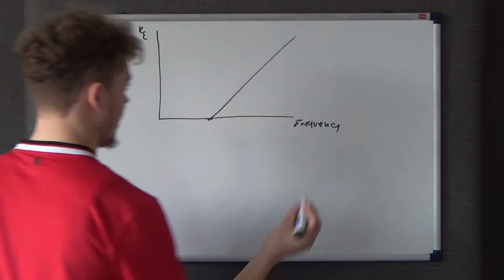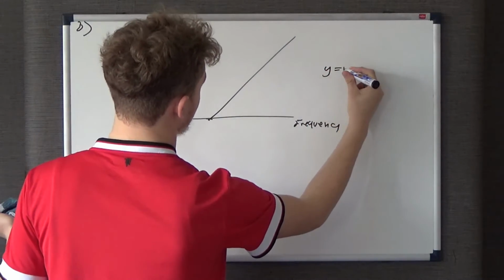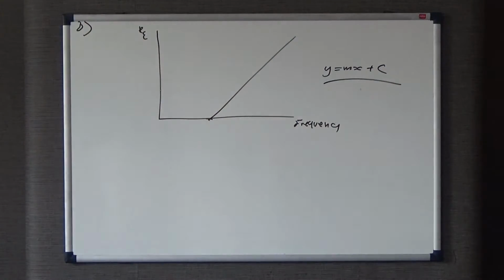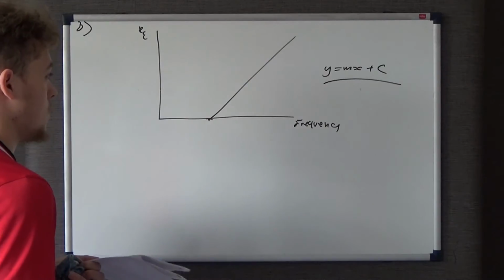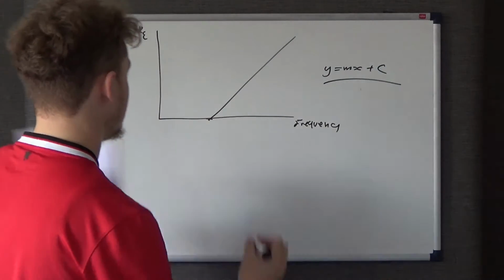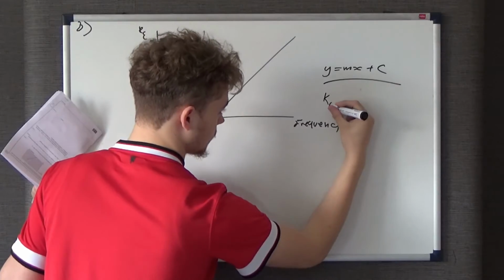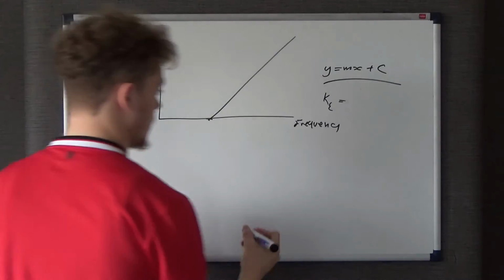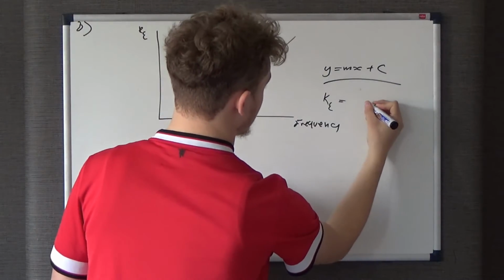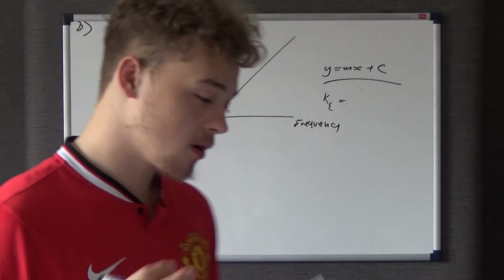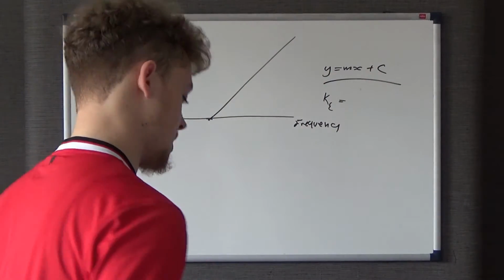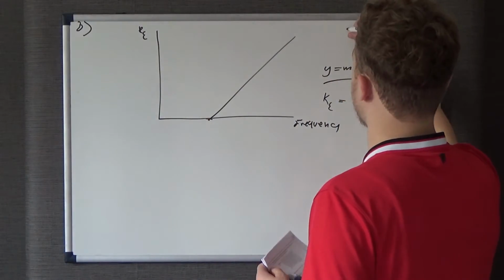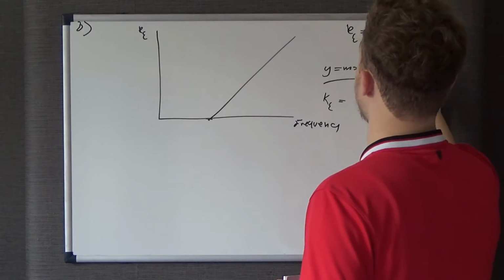So whenever you see a graph, it's always going to have the form y equals mx plus c, where all of them have their standard values like you would see in core 1. Y will always relate to whatever's on the y-axis, so in this case it's the kinetic energy. The gradient m will always represent the gradient, x will always represent something on the x-axis, and c will always represent the y-intercept. But because it's talking about maximum, you should immediately spot that the equation it's going to be using here is the maximum kinetic energy equation, which is Ke equals hf